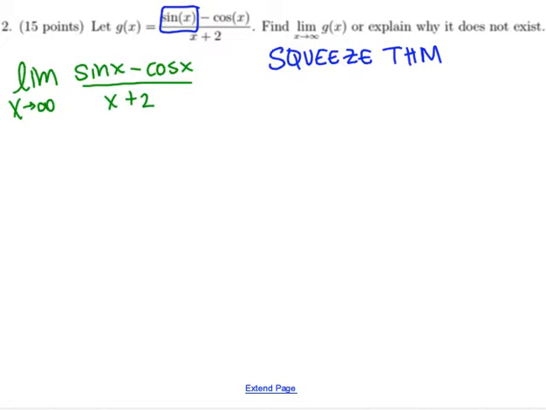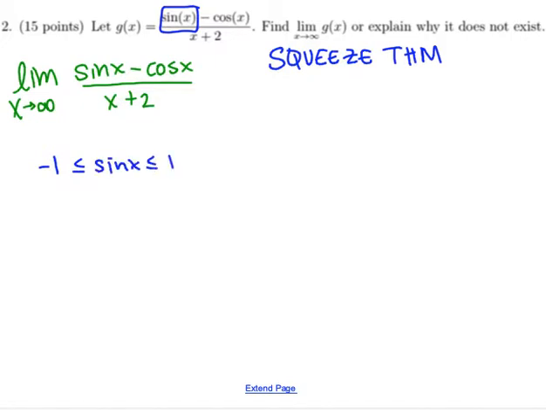Sine's your y. How far down does your y value go? What's that? Infinity? No. Remember sine looks like this. What's the lowest y value? Negative 1 and 1. So I can squeeze my sine in between negative 1